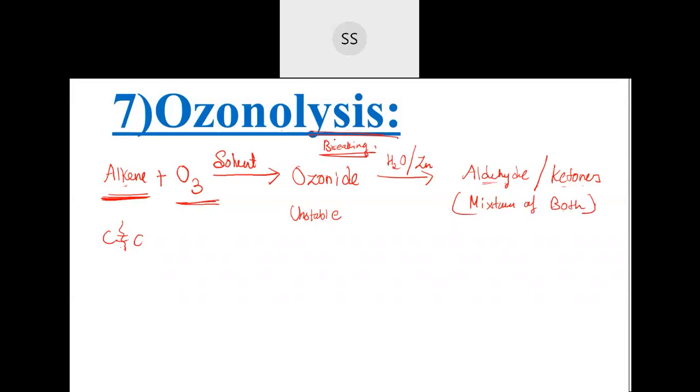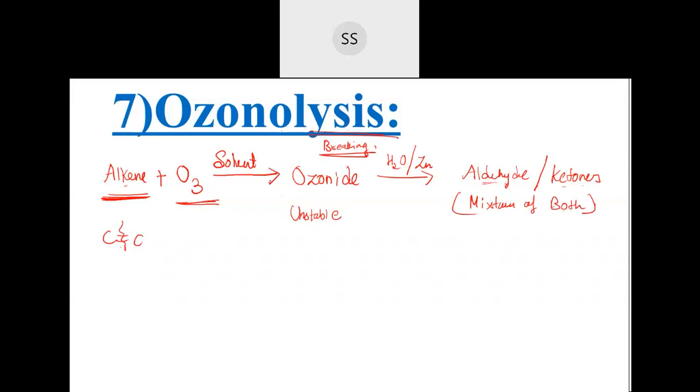Electrolysis you might have heard. Electrolysis means you are passing electricity to break the bond. And if you are using ozone here to break the bond, then it is called ozonolysis. Due to their highly reactive nature, these compounds are formed. This is one more way of finding out the number of unsaturations and the carbons present in an alkene. It was used before to find that out using the ozonolysis process.